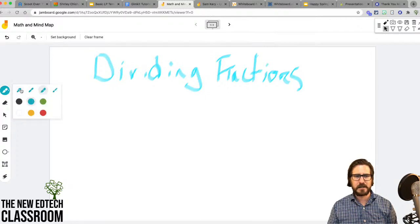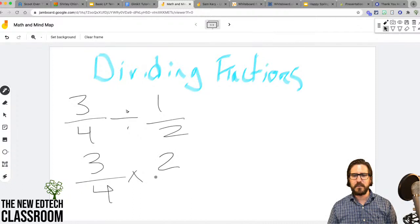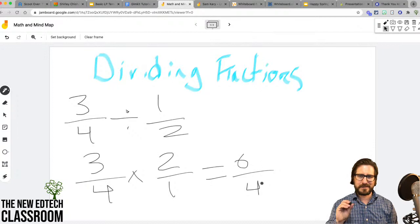So here I'm just going to change the tool. We'll do like 3/4 divided by 1/2. I'm going to do some model of reciprocal fractions here. So just like I would with any type of whiteboard, I can now just freely and openly write on this exactly the same way that I would, with the same exact messy handwriting that I would on a physical whiteboard